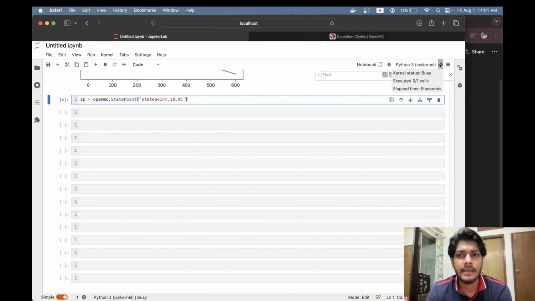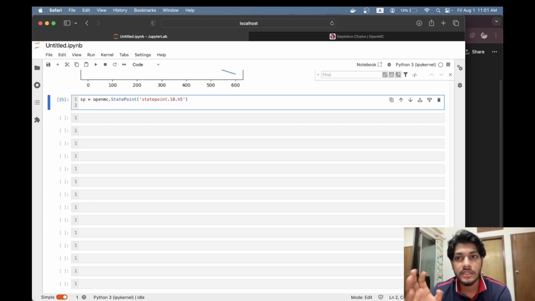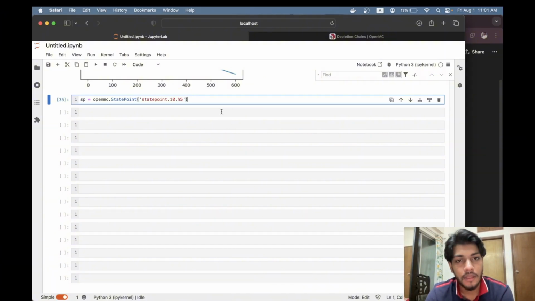It's taking 9 seconds. Unbelievable. 11 seconds it took to read this state point file. Unbelievable. It would take like 2 to 3 seconds at the very beginning. Oh god, hilarious. Anyway,